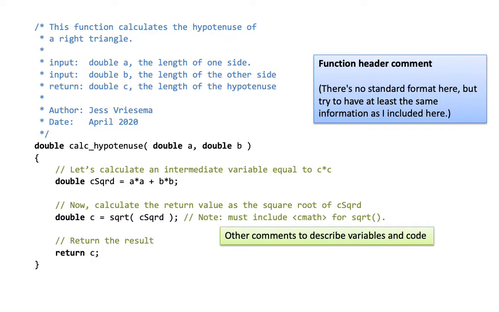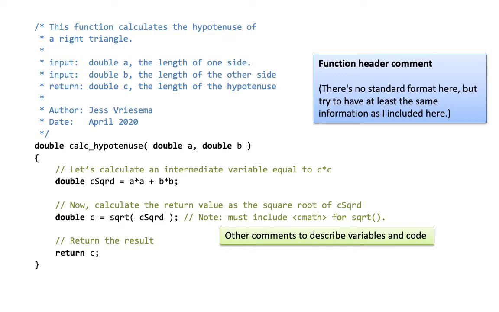So here I have an example function called calchypotenuse, which calculates the hypotenuse of a right triangle based on the other two sides. And it uses the Pythagorean theorem. So here on the top, I have a function header comment in blue, and down below, I have some other comments in green. And in the function header comment, which I expect you guys to do for your functions,